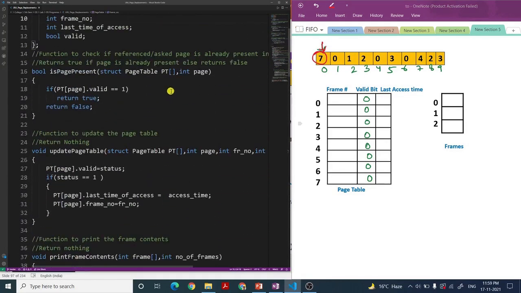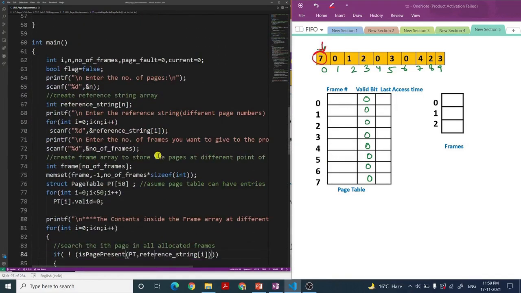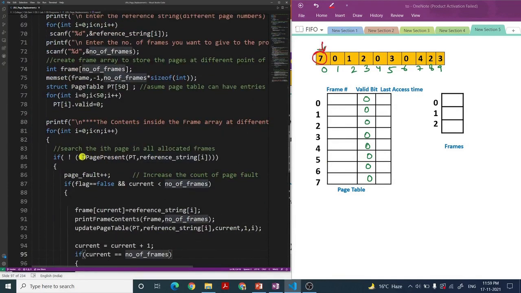So if you see up here, you can see page table and 7 is passed. So if pageTable[7].valid is 1, that is this, then I will return true, otherwise false. So for 7 this bit is actually not 1, it is 0, so it will return false. That means my 7th page is not present inside the main memory or the frames. So I'll come here basically, because I have to go inside, so I am changing it to true by the not. So for the 7th page I'll increase the page fault. So my page fault has got increased, page fault has become 1.